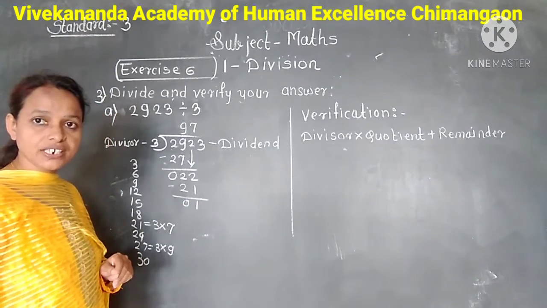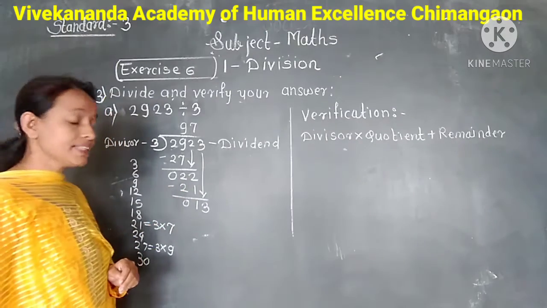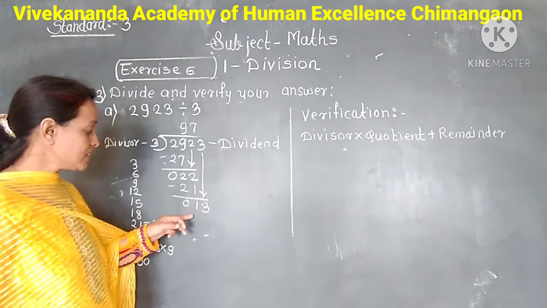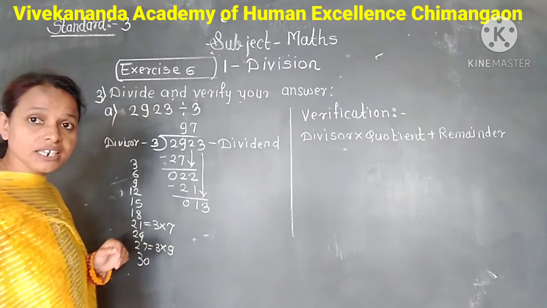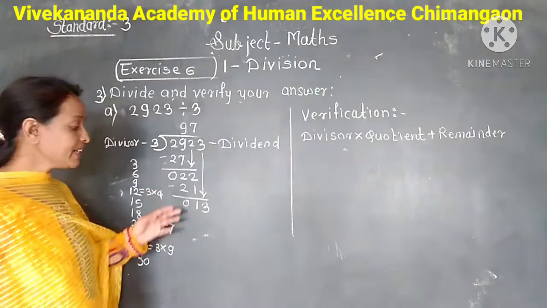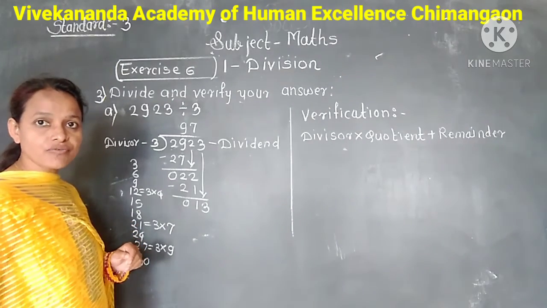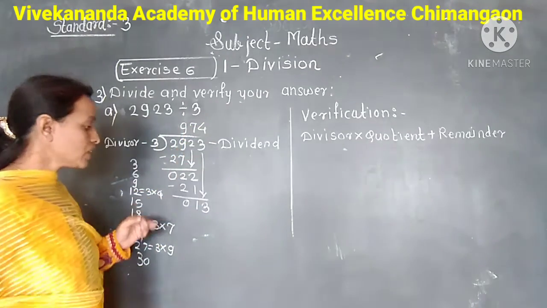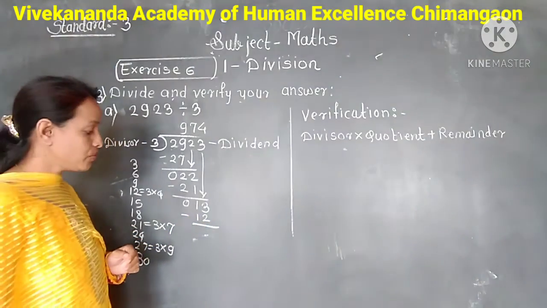Now next digit 3 we bring down. Now we divide 13 by 3. But 13 is not in multiplication table of 3. So less than 13, 12. And it comes 4th place in multiplication table of 3. 3 4s are 12. So by dividing 13 by 3, here we get 4 as a quotient. So write 4 as a quotient in 1's place. And product 12 right below 13. And subtract, we get 1.